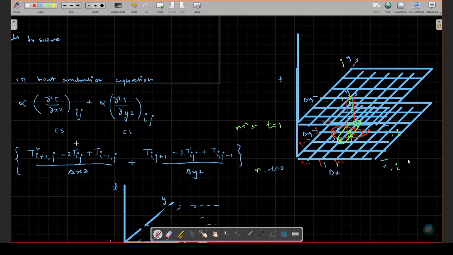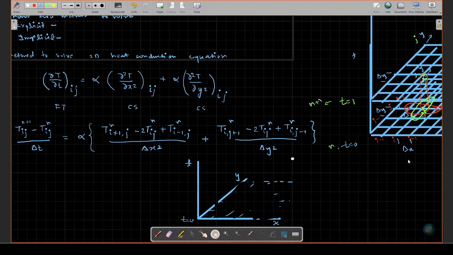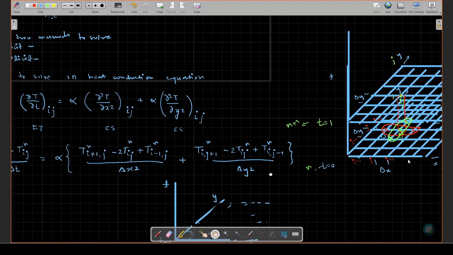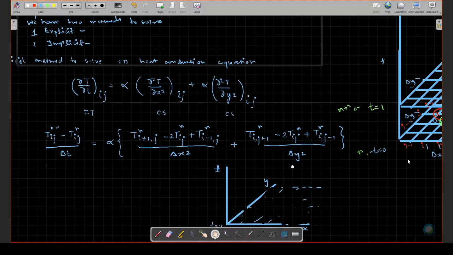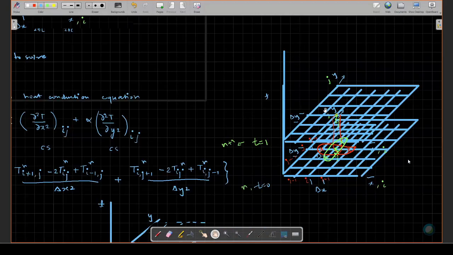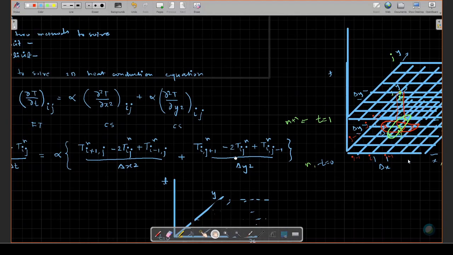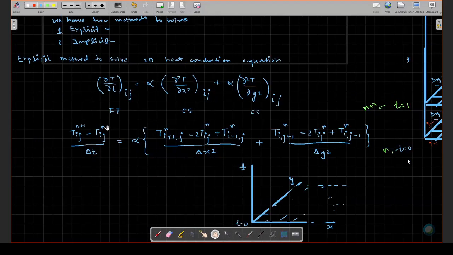Do you understand this? These are all at nth level. Is this fine? If you do it for one, all the grids will be like that, at n plus 1, n plus 2, n plus 3, n plus 4. It is generalized. Now you have to just keep on adding n plus 1. This will become n plus 2, and then this will become n plus 1, like that. So you are moving in time.